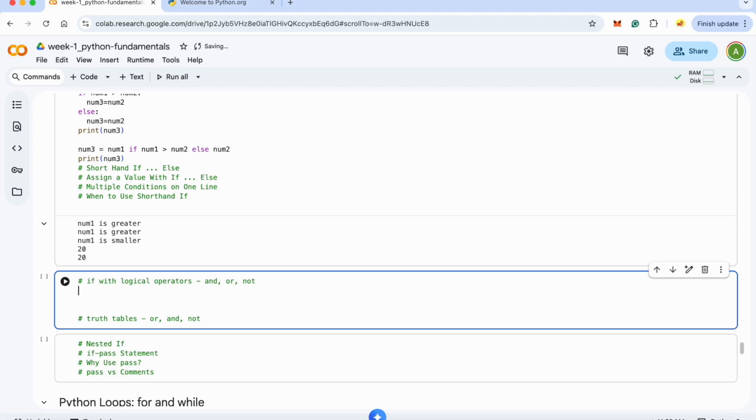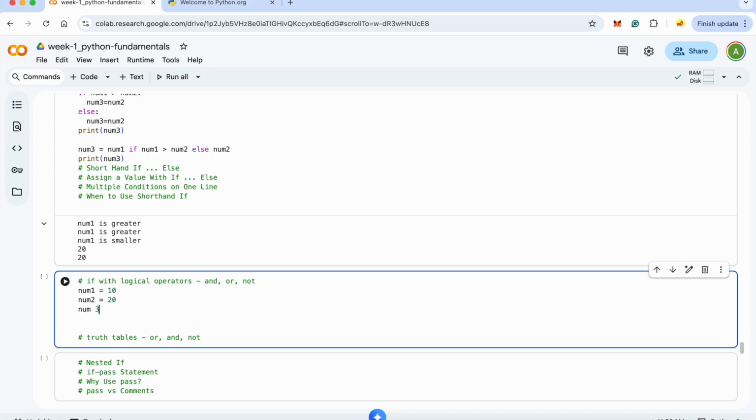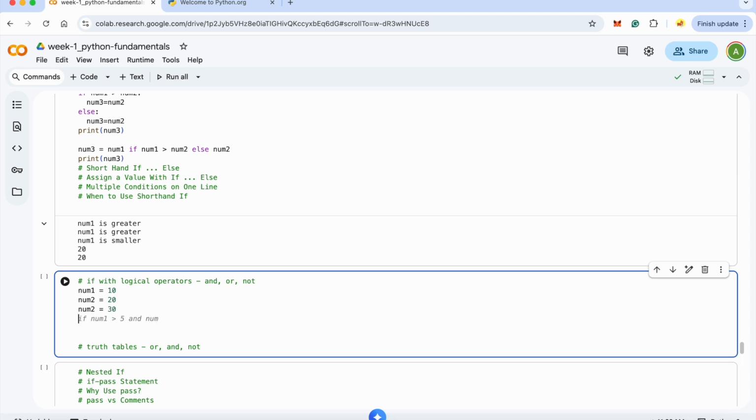So now let's try it for all. For example, let's say I have three numbers, num1 equals 10, num2 equals 20, and num3 equals 30, and I want to check whether the number num2